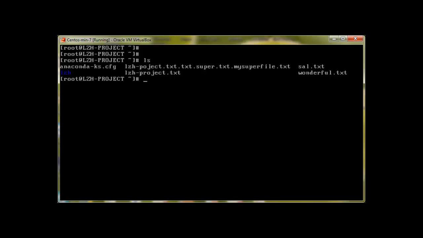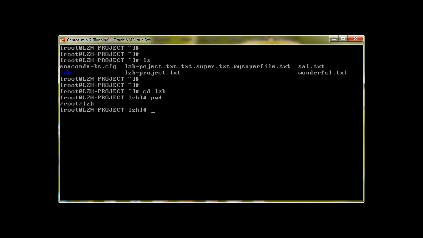To go into a directory, we use the cd command or change directory command, like cd and then the directory name. Press enter. Now we can see that our prompt changed, and now with the LZH-project we can also see that there is LZH also. Now how do we know where we are? We use the pwd command, which stands for print working directory, and press enter, and we can see that we